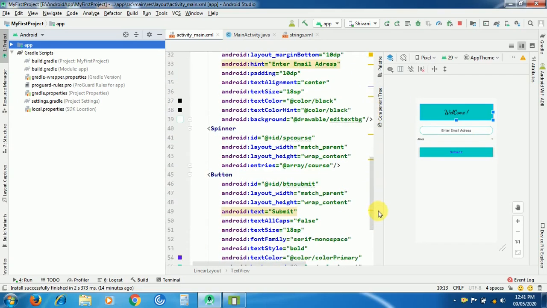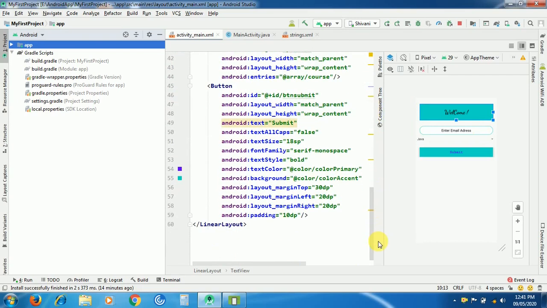Before that, I am going to explain an example so that you will be clear about where to use radio buttons. In many application forms, you will have a section for gender where you have two options. First is male and another is female. So you have to choose one of them.